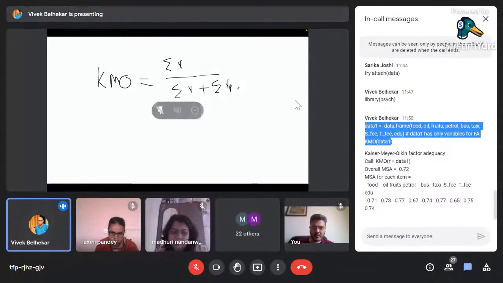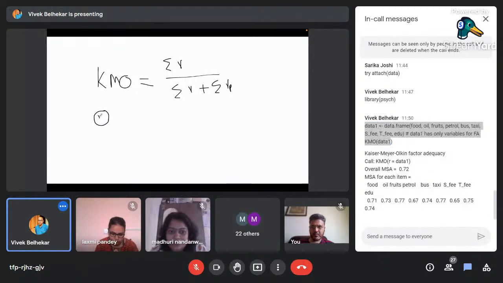Okay. Now, what usually will happen? Suppose there is one variable x1, there's another variable x2, there's a third variable x3. Okay. Now, if I compute the correlation between x1 and x2,